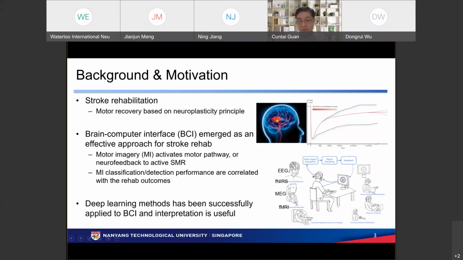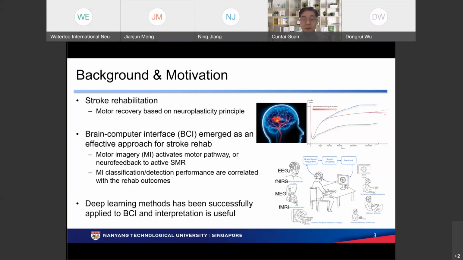data acquisition. Most popularly, we use EEG today. Then there's software to decode the activities. This can be used either for motor imagery, intention-based, or for neurofeedback. Then the feedback can be given in multiple ways. You can use visual, VR-based, optical, mechanical, or electrical stimulation. There are multiple ways, so this is a very general setup. Most of the systems people proposed, or in clinical studies, fall into such a general scenario.